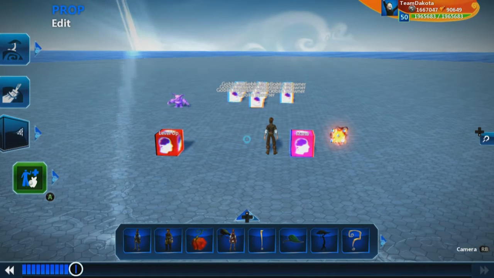So in this part of our RPG tutorial series, we're going to show you how to make a simple quest system. Here we're going to show you how to make something where you collect items and also a quest on killing an enemy. So the first thing we're going to do is show you how to make a quest on